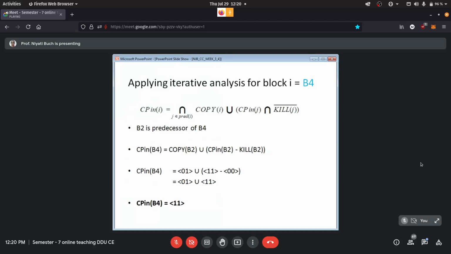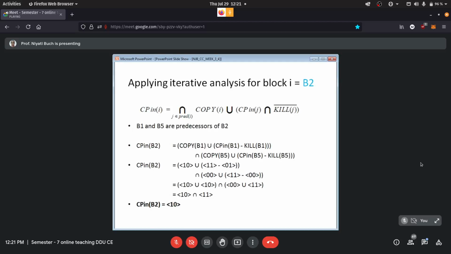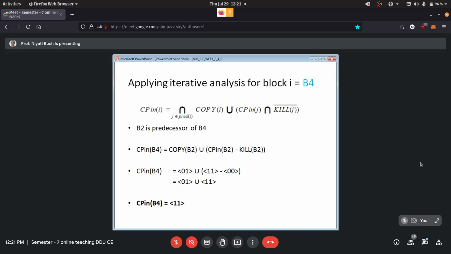Now B4 has got a predecessor which is B2. B2's CP in we had already found. What we are doing over here, which is different from common subexpression elimination, is that we are using the old value of CP.